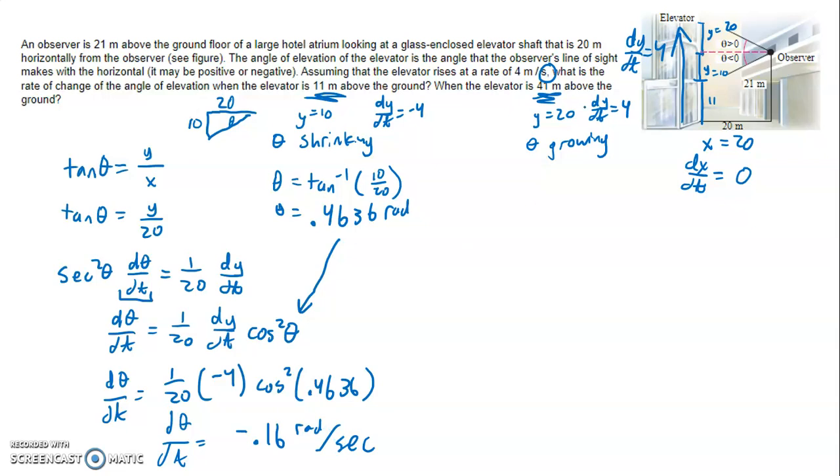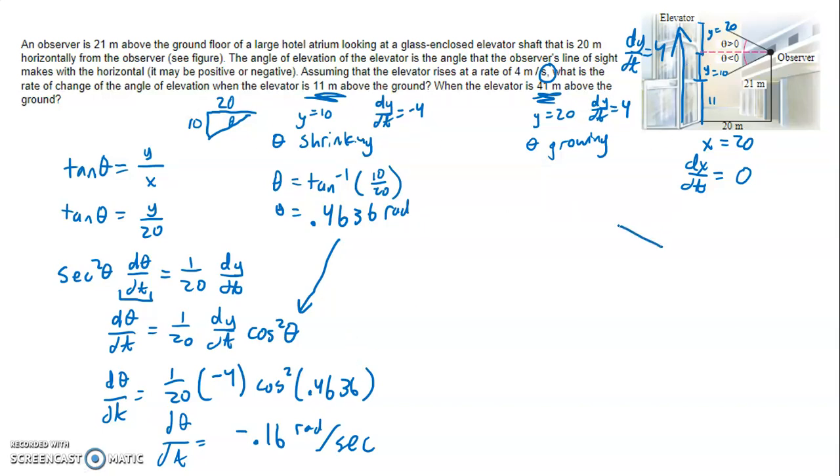Everything would be exactly the same for the second part, except our theta value is going to be different. I'm going to let you work that one out on your own. But you'd start out with the same tangent equation. You'd start out with the same secant squared. This is going to be a +4 for that second case. And like I said, this angle will be different